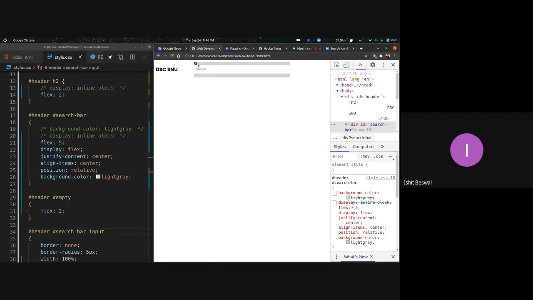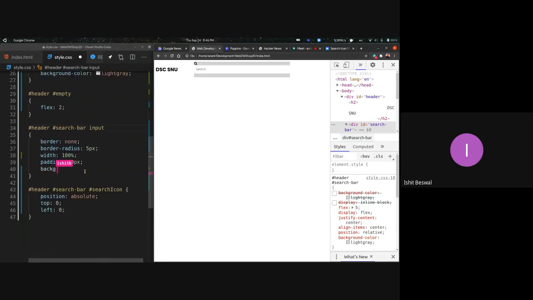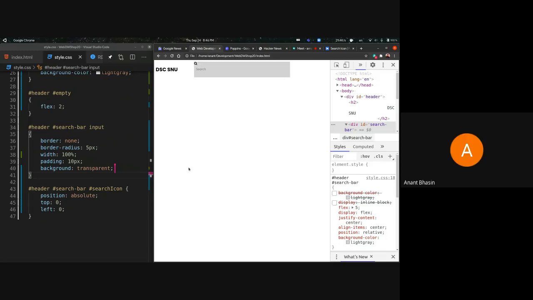And what we can do here is give the background of, sorry, transparent to the input. So instead of white, it will be transparent, so it shows off the color behind. So now the input does not have a background color basically.